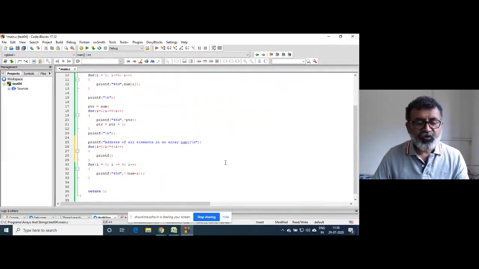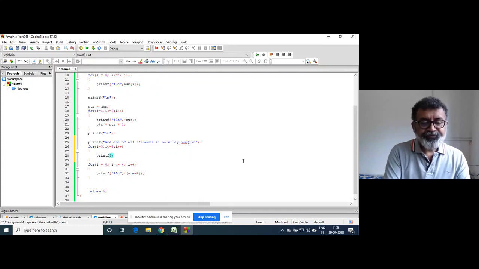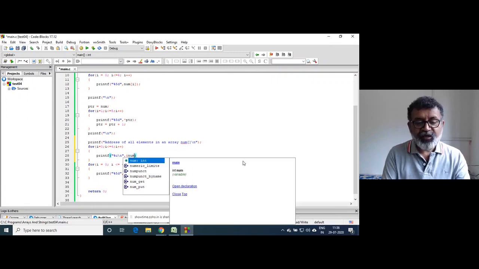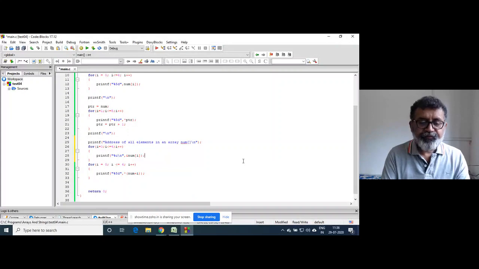Because we will come to know what is getting printed, percent u slash n, and since we want to print the addresses, I will write &num of i.